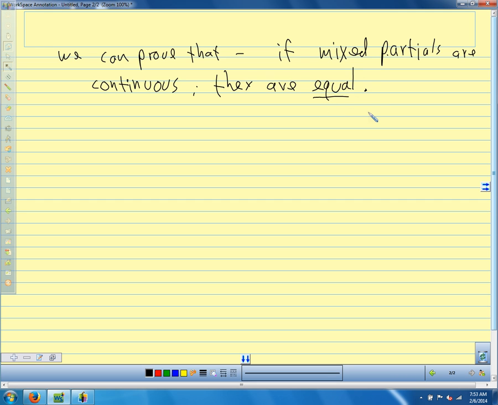So that's the first interesting thing that happens with the mixed partial. We're usually going to be working with nice functions that have continuous second partial derivatives. So for the most part, that's what we're going to be looking at. Things get more complicated if you're looking at functions that behave differently. For the most part, we're going to be working with functions that have continuous mixed partials. So for what we're doing, for some function of x and y,